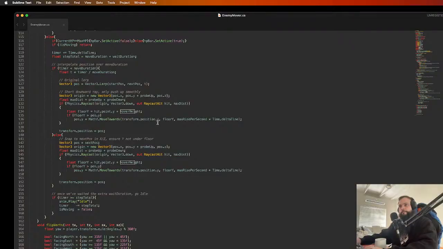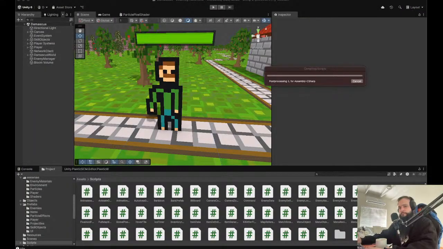Let's try it. It's not guaranteed to work because I don't think we're always affecting it, but maybe we are. Then we can jump back to Unity view. And if we do that,